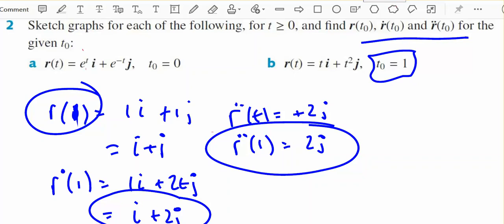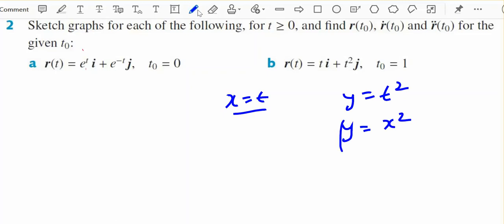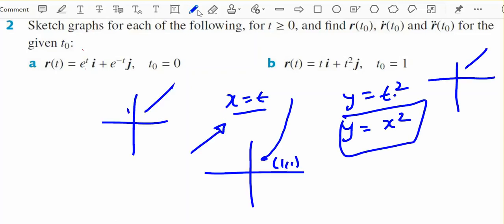Now to draw it. Okay, so I've got x equals t and y equals t squared. Therefore, y equals x squared is going to be my Cartesian equation as being the graph of this position vector where it starts